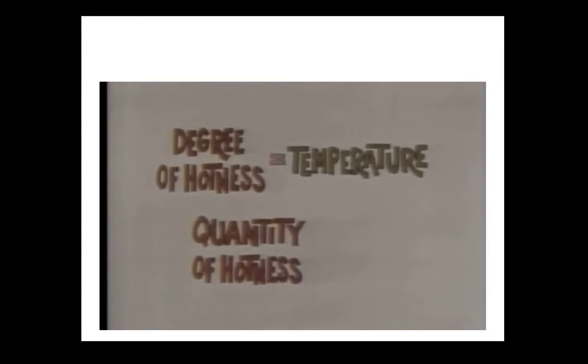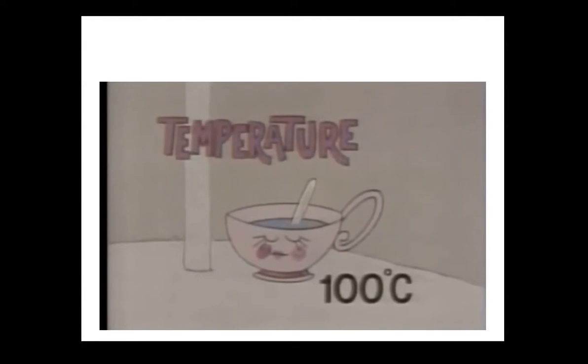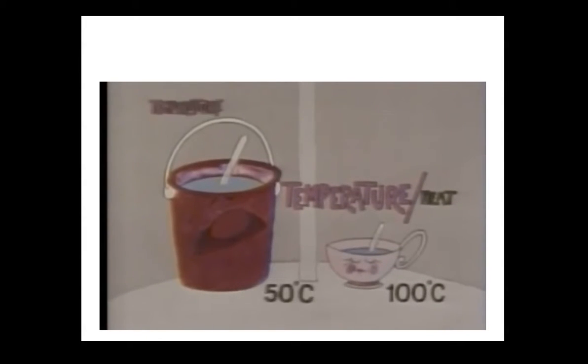We've already seen that the word for degree of hotness is temperature. Now it's time to introduce the other word, for quantity of hotness, which is heat. The big difference between temperature and heat is that temperature depends on speed only, whereas heat depends on both mass and speed. The water in the cup has got a high temperature, but very little heat. And the water in the bucket has got a much lower temperature, but a great deal of heat. Now you know why buckets of 50-degree water are better at heating up swimming pools than cups of boiling water. On the other hand, if you're looking for somewhere to dump your tea bag,